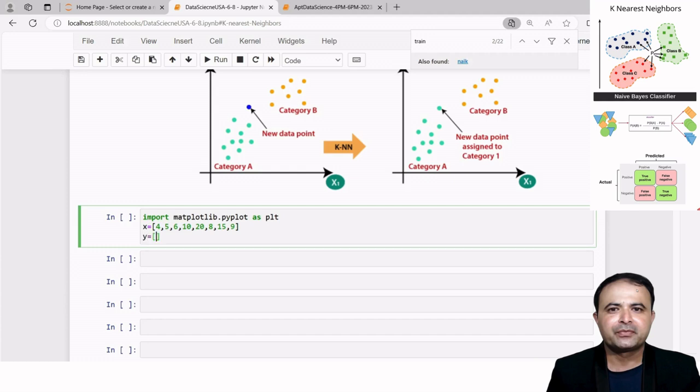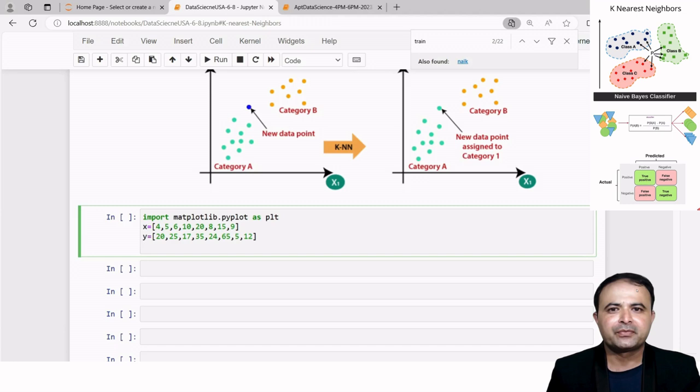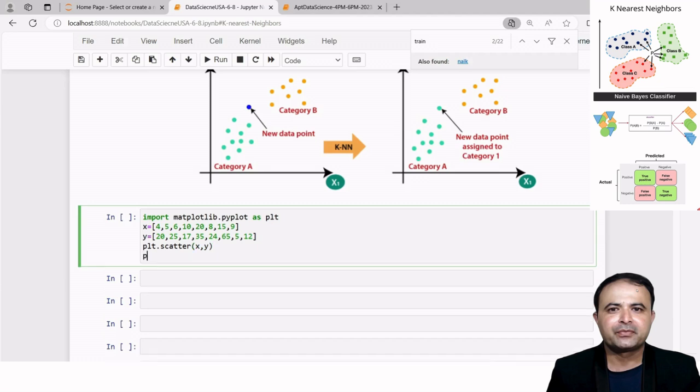and the similar Y, 21, 25, 17, 35, 24, 65, and 5, and 10. So we have the two values suddenly. If I want to print plt.scatter, like x comma y, and plt.show,